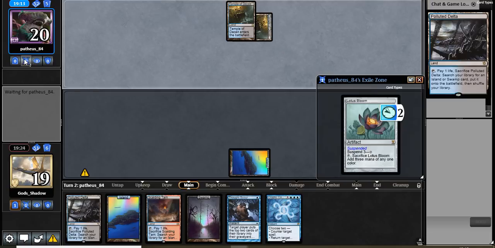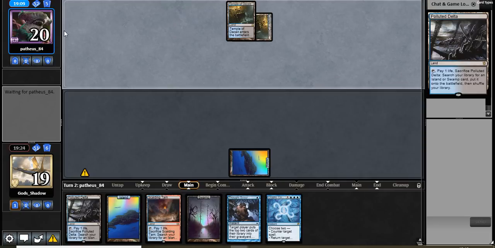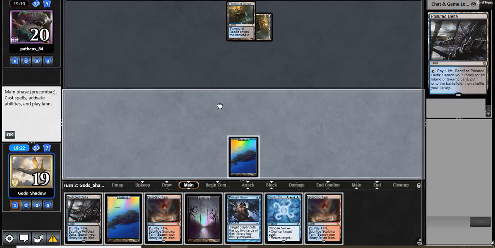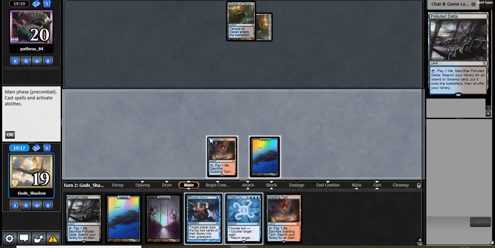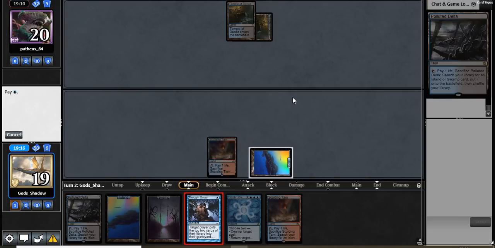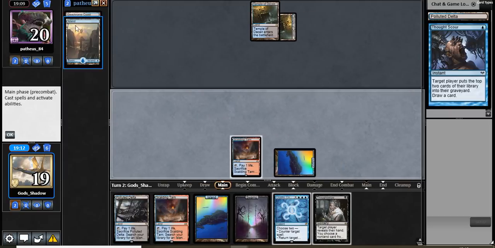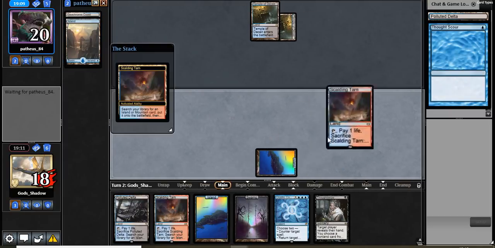Snuff Out would still be really, really good. And I think I'm going to target our opponent here with the Thought Scour, because we could always... Oh, shit. I was going to say we could always be hitting some sort of lands or...